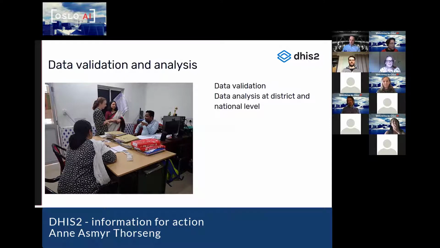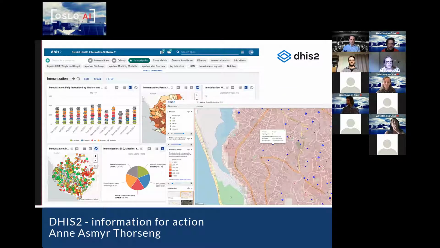And you can present data in a range of different dashboards to show your indicators. So DHIS2 supports visualization of data and indicators in a myriad of different ways, and the challenge is just to present it in meaningful ways. That requires some training, both to build the dashboards and also to understand what it makes sense to highlight.